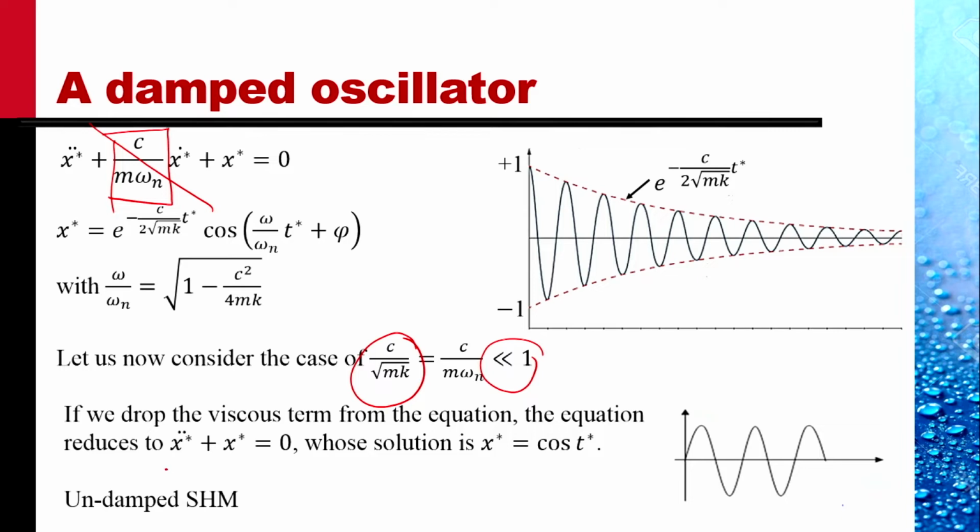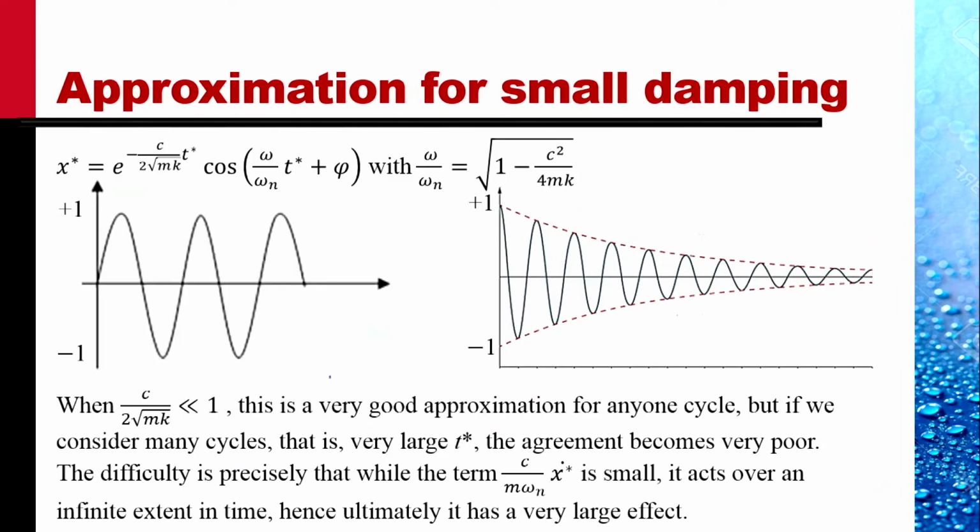And the equation reduces to x star double dot plus x star is equal to 0, the equation for simple harmonic motion, whose solution is x star is equal to cosine t star, with the boundary conditions that were given, that x star is equal to 1 at time t is equal to 0, and that x dot star is 0 at the initial time. When c by 2 under root mk is much less than 1,